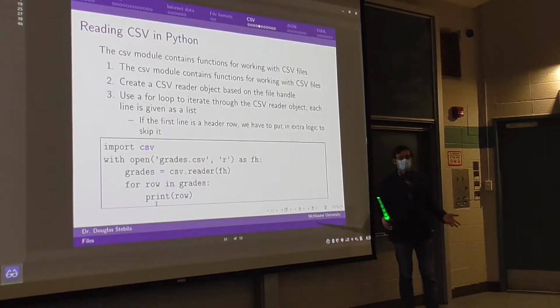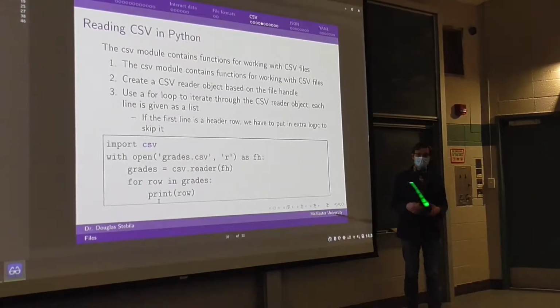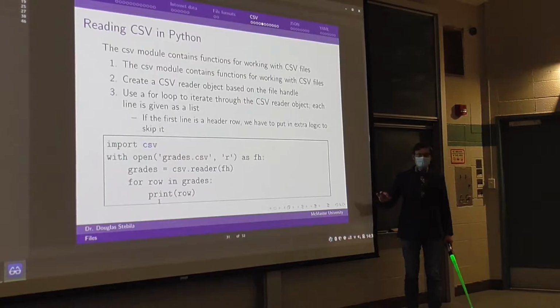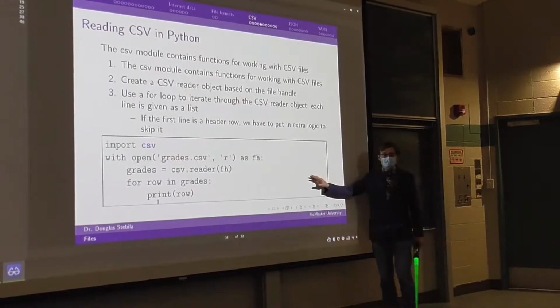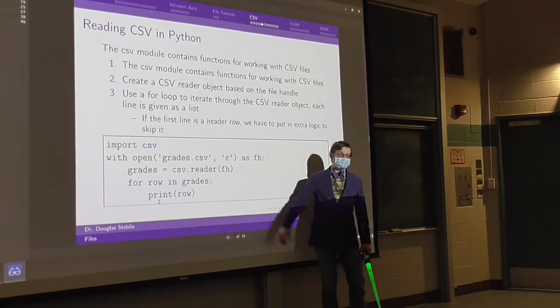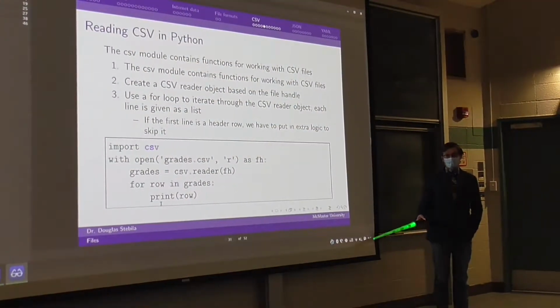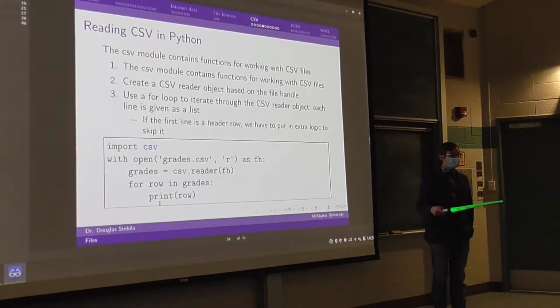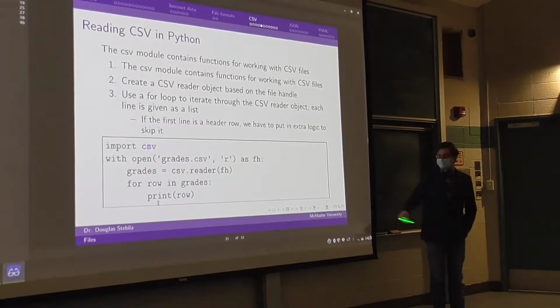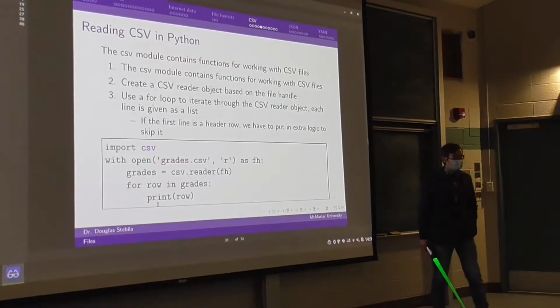But given that the overall structure of CSV files is so simple, you can easily rewrite the functions that we're about to use without too much trouble. All you would do is read it in line by line, split it on commas, save it to a data structure, and that's basically what this is doing, right? So,